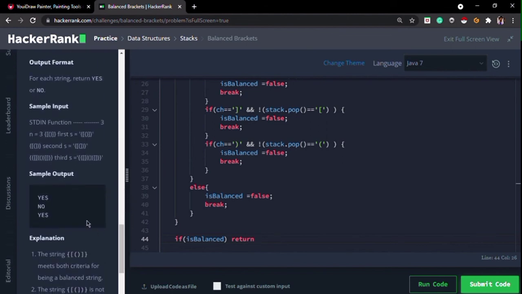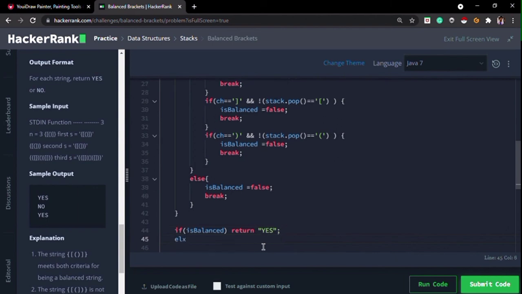Yes, we have to return either yes or no, so here we will return yes, else we will return no. Here we have to check whether after iterating all the elements the stack is empty or not, so and stack.isEmpty().